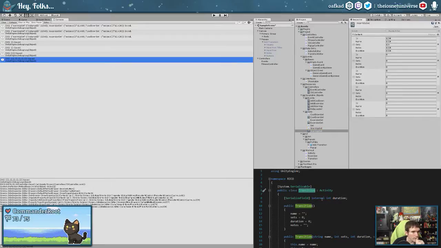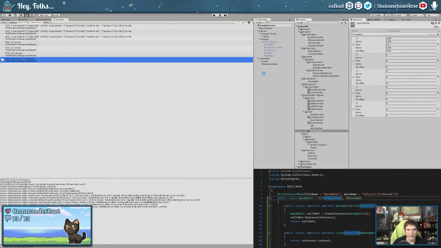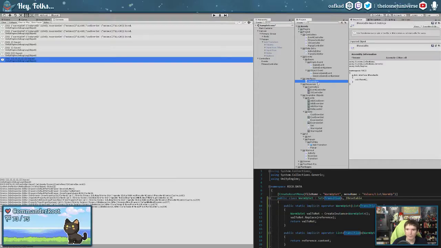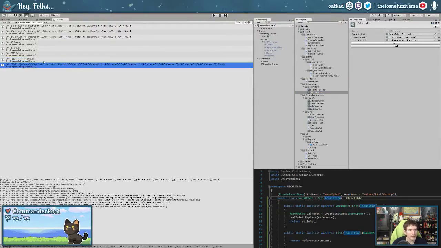So for some reason, I believe it's because they're internal. So they're not serializing right. So we'll do that as much as it pains me and try it out real quick. You can usually count on that sort of thing being what's biting you in the butt. Hey, there we are. Okay, cool.